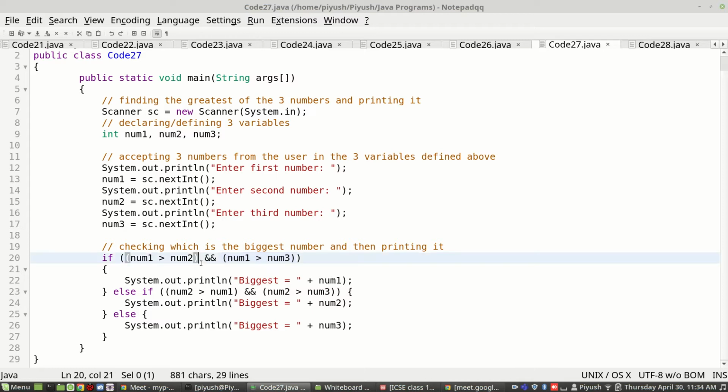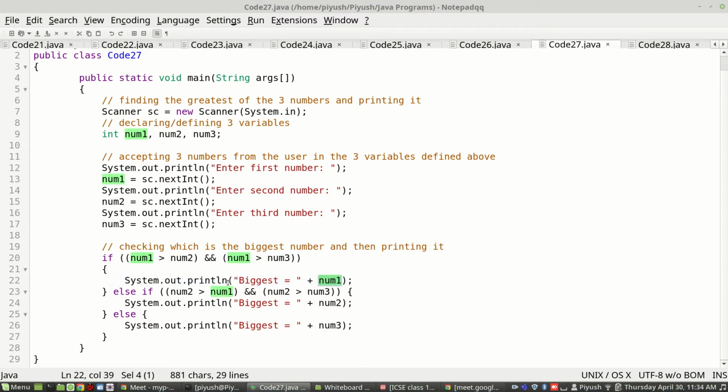So if the number entered in variable num1 is greater than num2 and it is also greater than num3, that means both the conditions along with it are true, that is num1 is greater than num2 and num1 is greater than num3, and there are only three numbers, then is it not obvious that num1 is the greatest?